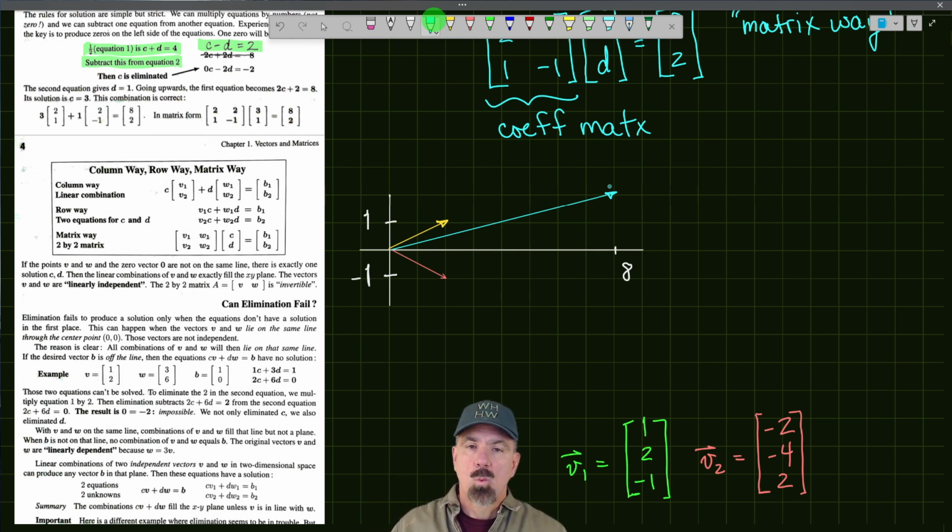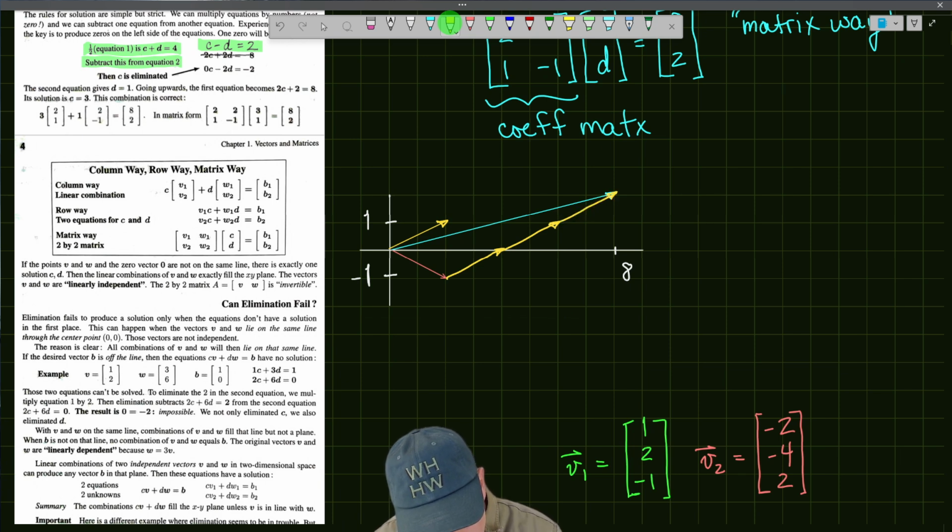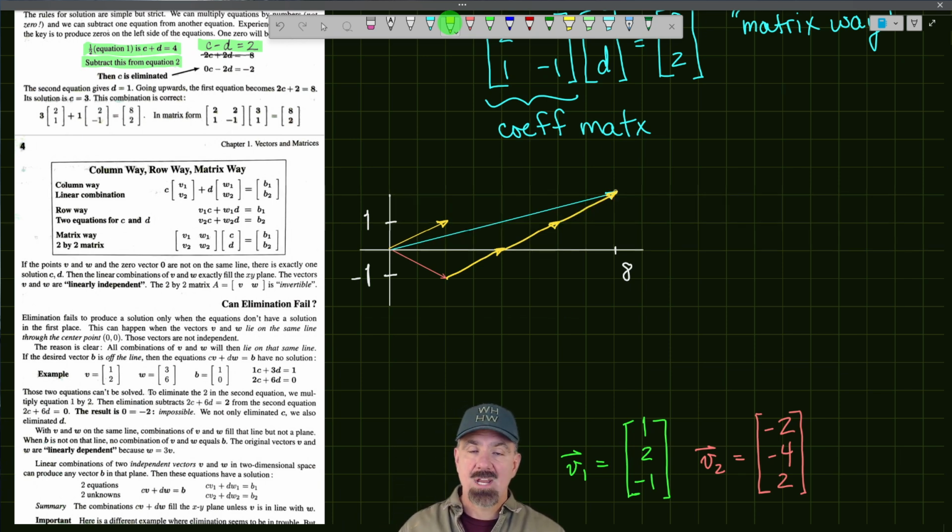And when you watch the Sanderson video, he'll talk a little bit about vector addition, and many of you are familiar with the visualization of vector addition with the tip to tail, and that's the way we think about adding vectors. And so the question is, is there a way for us to multiply these vectors by constants and add them together to come up with the cyan vector, the 8, 2 vector? And the answer is, of course, yes, I can do that. I can take one copy of the red vector, and then I can add to that 3 copies of the yellow vector, and then we have created